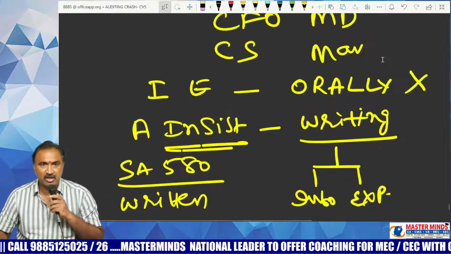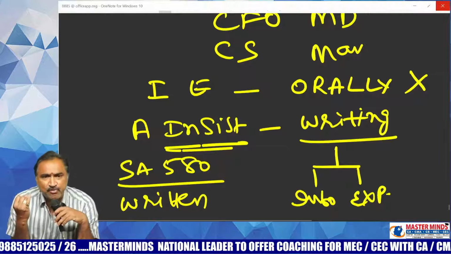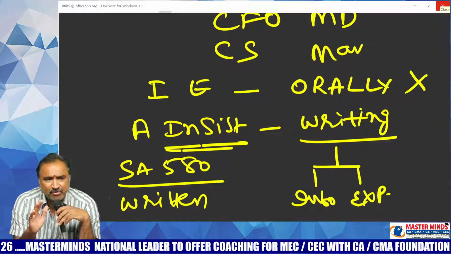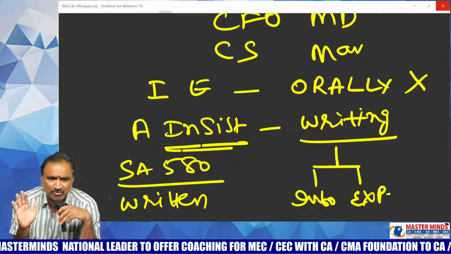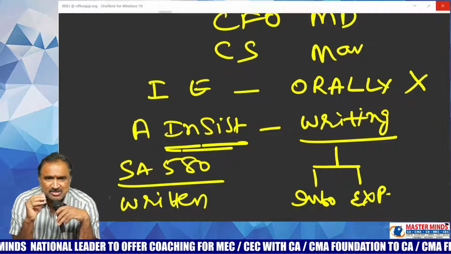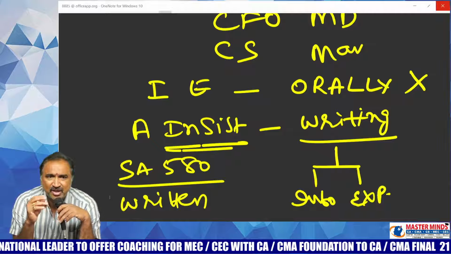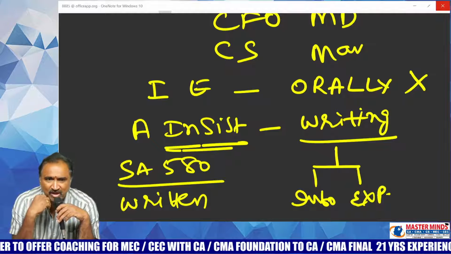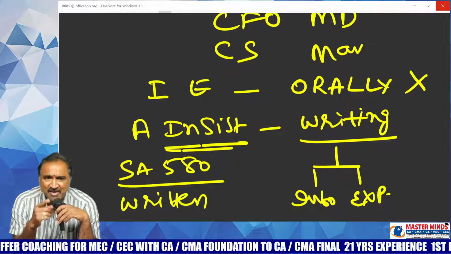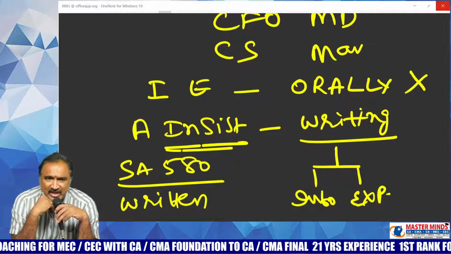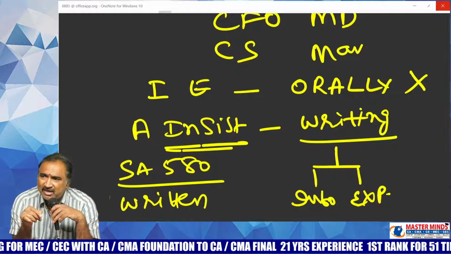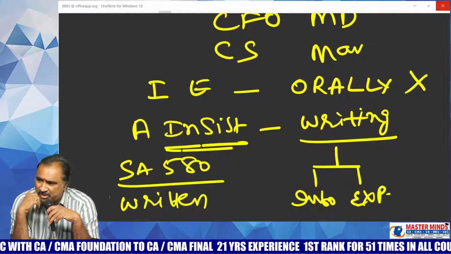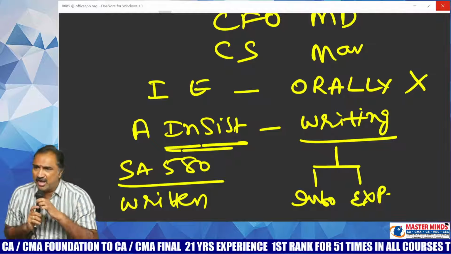I repeat, when you go for an audit, every book and other related record will be provided to you. Generally speaking, all the information that you require is readily available from books of account. However, sometimes in some peculiar cases, the information required by the auditor may not be readily available in the books of account. In that case, auditor should be having a right to obtain that information from the company. Therefore, the Companies Act has given another right to the auditor called as right to obtain information and explanations either from the company or from any officer of the company.